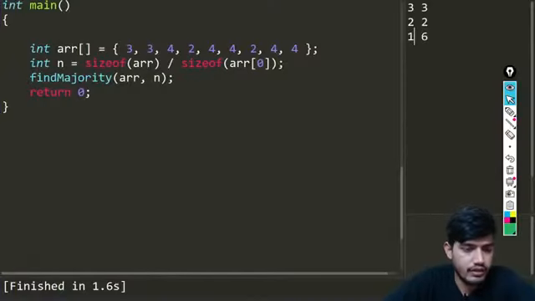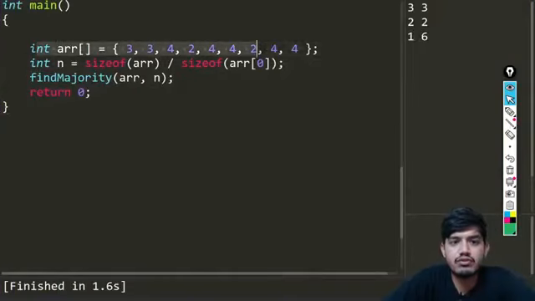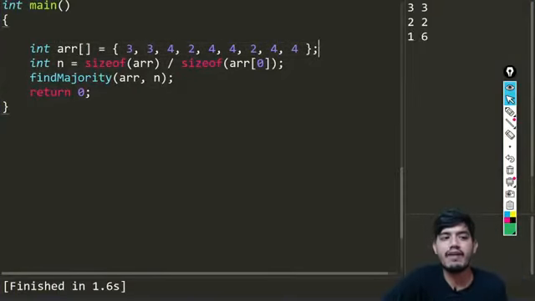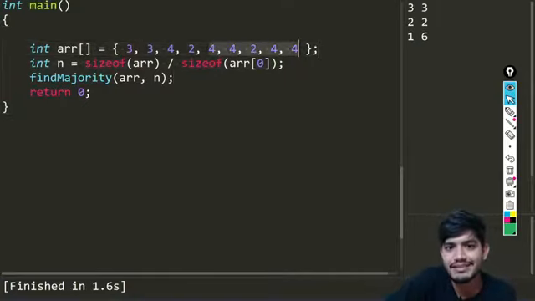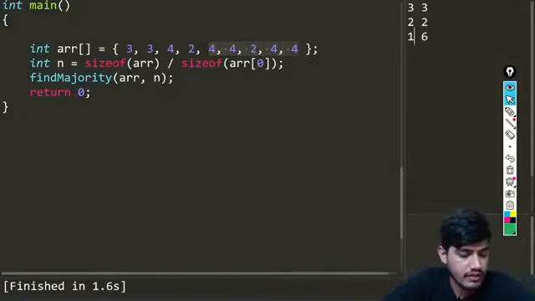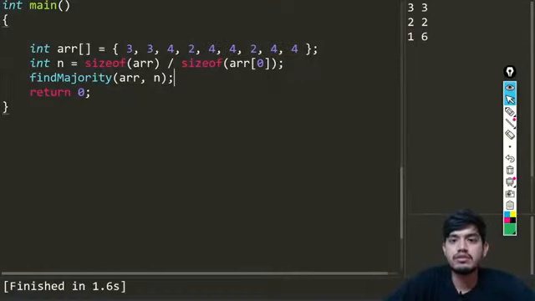So here what we are doing is we are just putting the values in the array. So here we have put the values. We are just taking the example in which the value was 4. Okay, that is the problem we are talking about. In this we know that the answer is going to be 4, for sure, because 4 is coming 5 times.